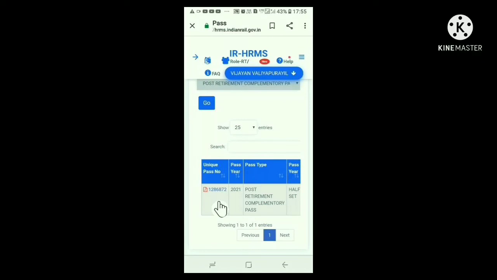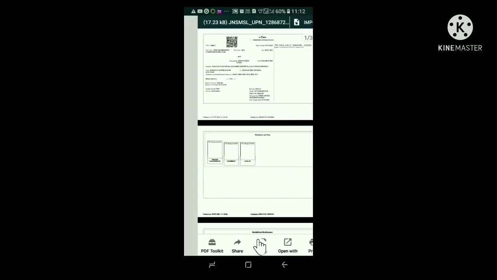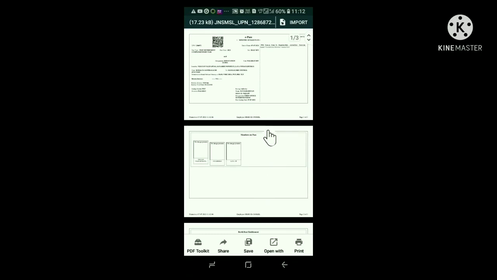Now we can download the e-pass, which is in PDF format, here in the beginning of the chart by clicking it. My downloaded e-pass is here. It has 3 portions. Now we have seen how a pensioner can apply for an e-pass, and on being issued with the e-pass, how it can be downloaded if desired. The details of this pass, and how it can be reserved at the IRCTC site or at the PRS counter, etc., will be explained in the next video.